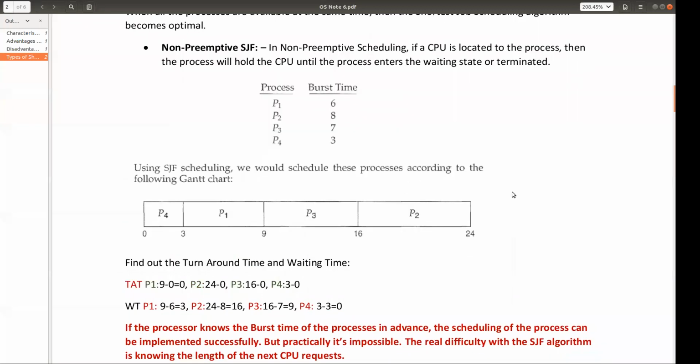so these are the turnaround time। আর waiting time, the formula is turnaround time minus burst time, that is the waiting time। so turnaround time for P1 is 9, burst time is 6, so it will be 3। P2's waiting time will be 24 minus 8, 16, P3's waiting time will be 16 minus 7, 9, P4 it will be 3 minus 3, 0। now I will request you to solve this in FCFS, or otherwise I will solve it, you just solve it in FCFS। okay, এটা FCFS এ সলভ করো,